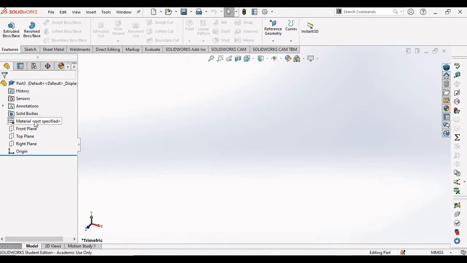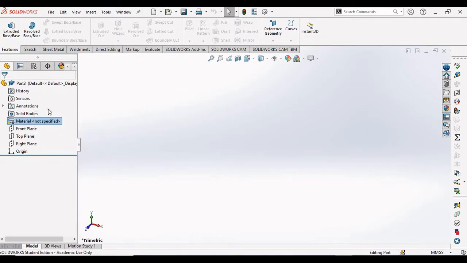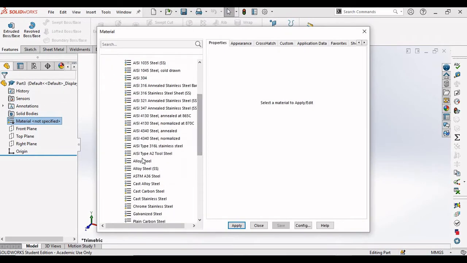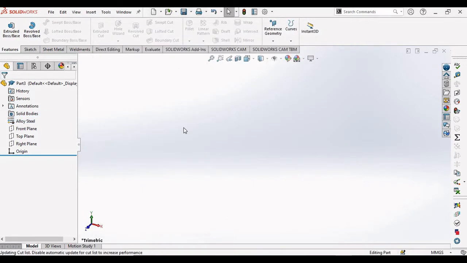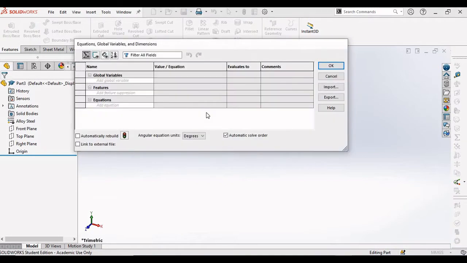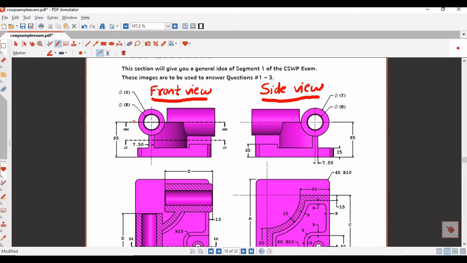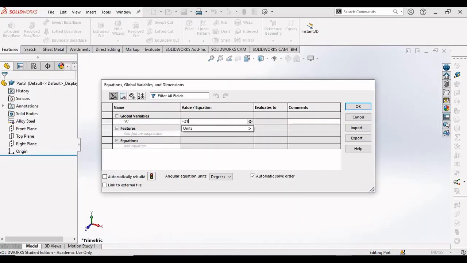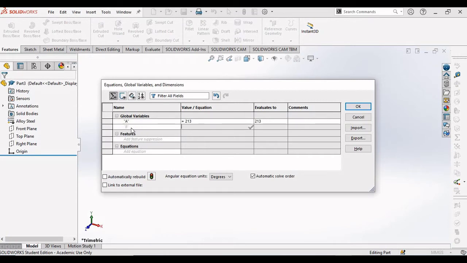First thing we have to do is add the material. I will right click on material, click on edit material, and expand the steel library. Here you will have alloy steel, select it, click on apply and close. Then I am going to give the relations that are given under global variables. Type here A, press enter. This value is given as 213. I will type 213, then B is given as 200,